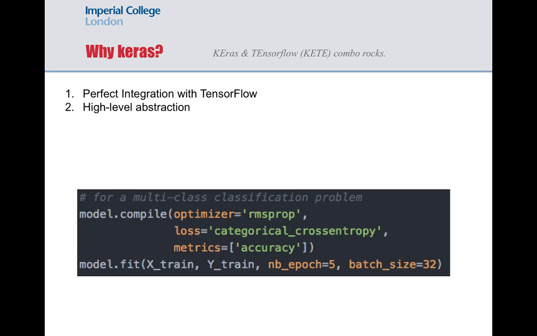For example, if you have defined the model and you want to train the model using batch SGD, or you want to change your optimizer to RMSprop, you can just use two lines to do it, and you don't have to define these optimizers by yourself, or the loss function, or the metrics you want. You can just write it